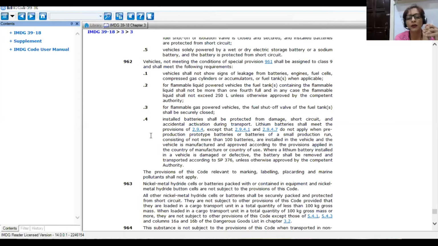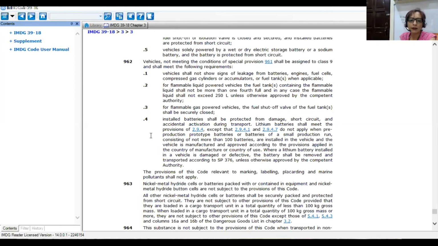When you are talking about the legalities, I'm going to quote the book because that's the way it is. The book says that if you cannot use 961, that means you still need to have some fuel for the purpose that you mentioned just now. As long as it's not 250 liters, it's fine. You can exercise 962 and remove it as a DG as long as your CA has given you an approval for it. So at the end of the day, you've got to obtain the CA approval for this,